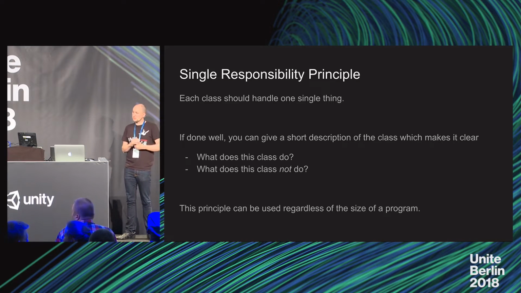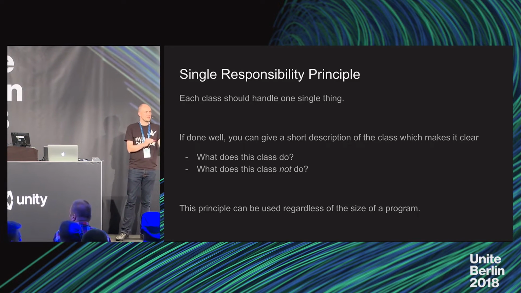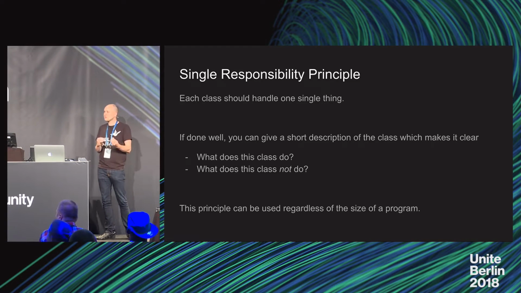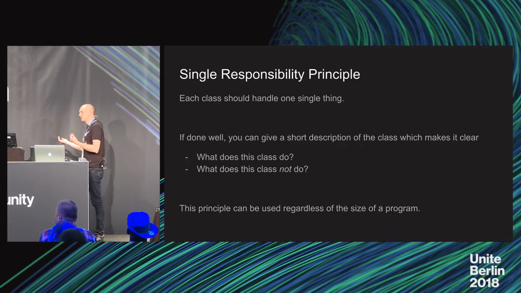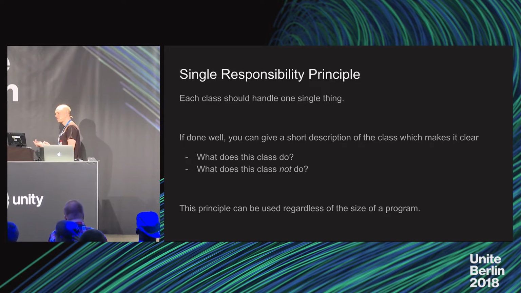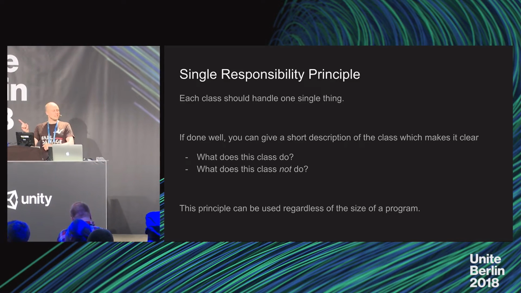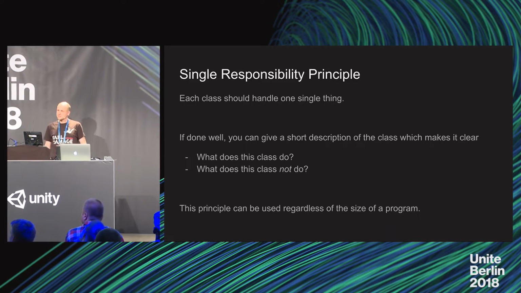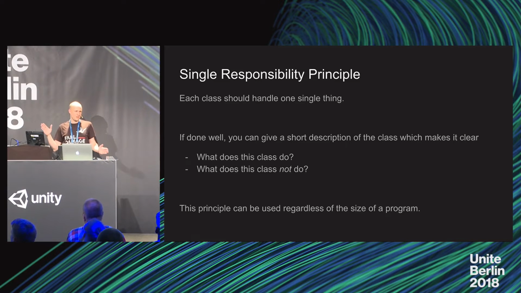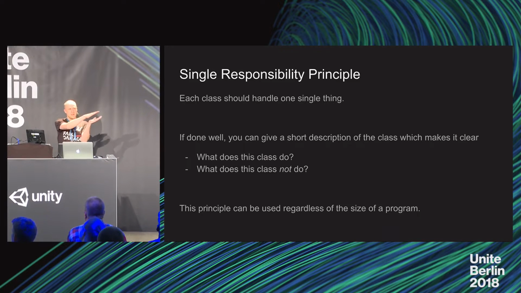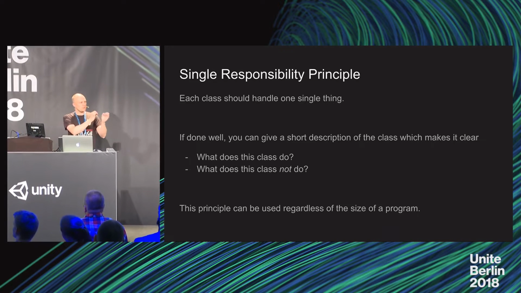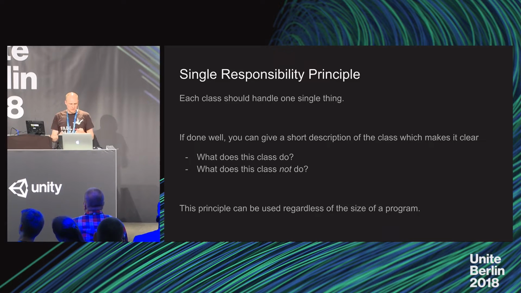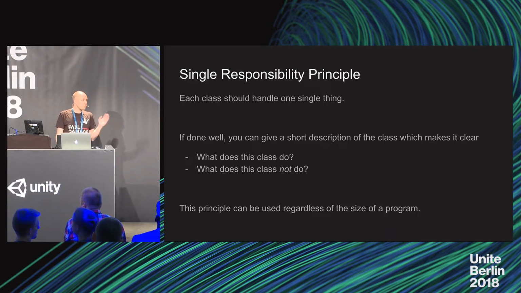And if we do a good job of finding what this thing is, then we'll be able to describe in one or a few sentences what this class does. And whoever hears this will understand both, this is what the class does, and equally importantly, this is what the class doesn't do. If you can manage to find a brief description which narrows it down like that, then people will have a much better grasp of what the individual classes do. It's a fantastic principle. You can use it when you're working on a code base of an arbitrary size.